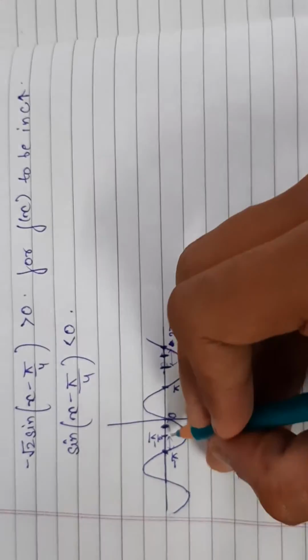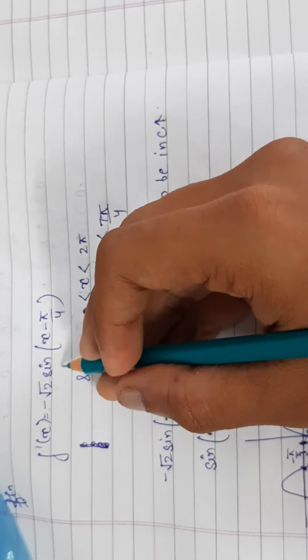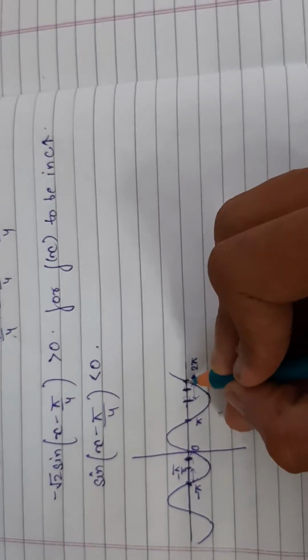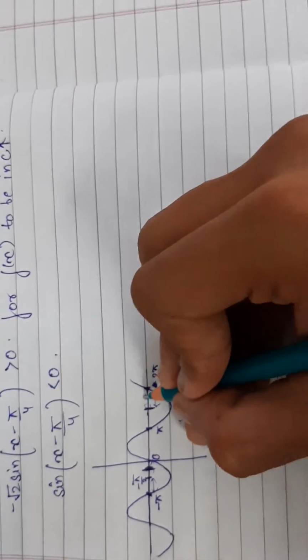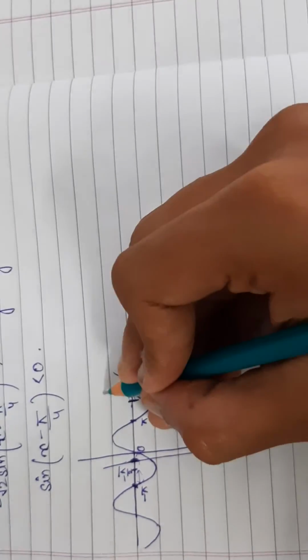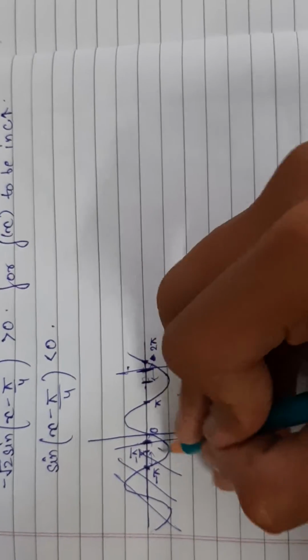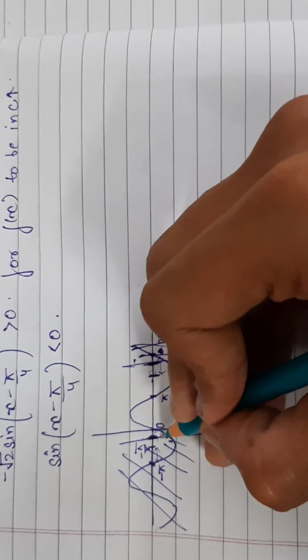So the function sin of (x minus pi by 4) will range from minus pi by 4 to 7 pi by 4 only, which means the function will exist from here to here. Everything before this and after this won't exist. The function exists only from this place